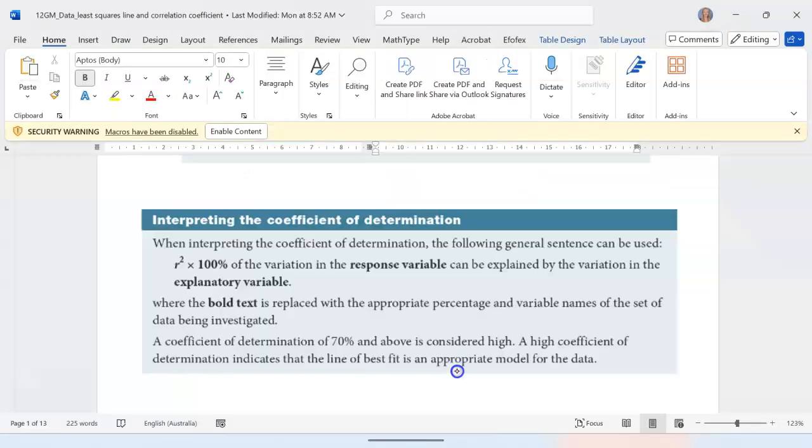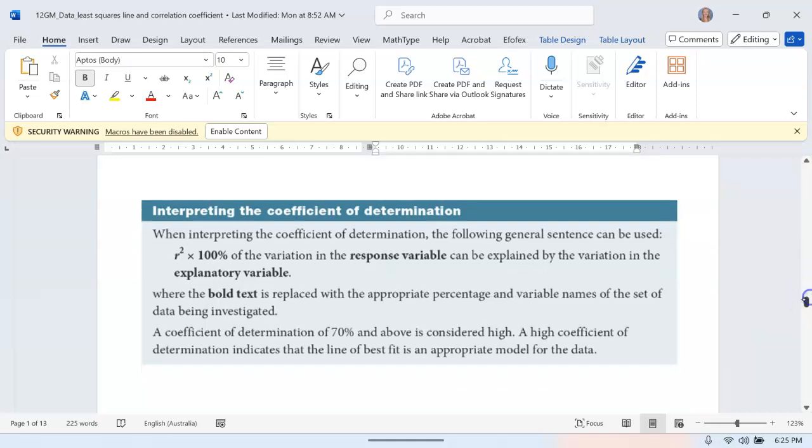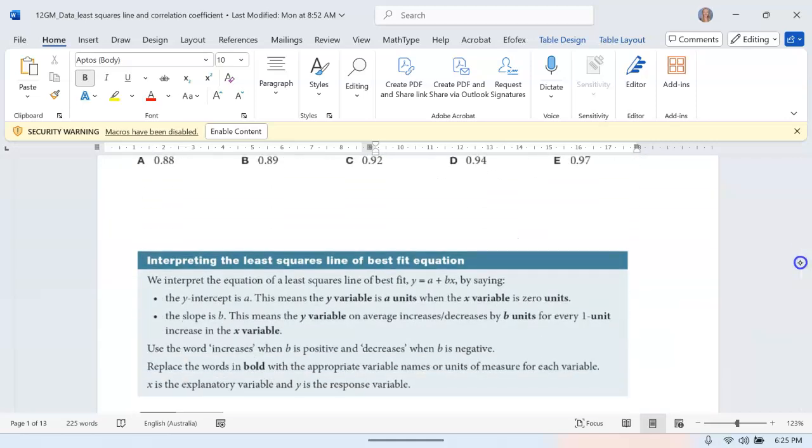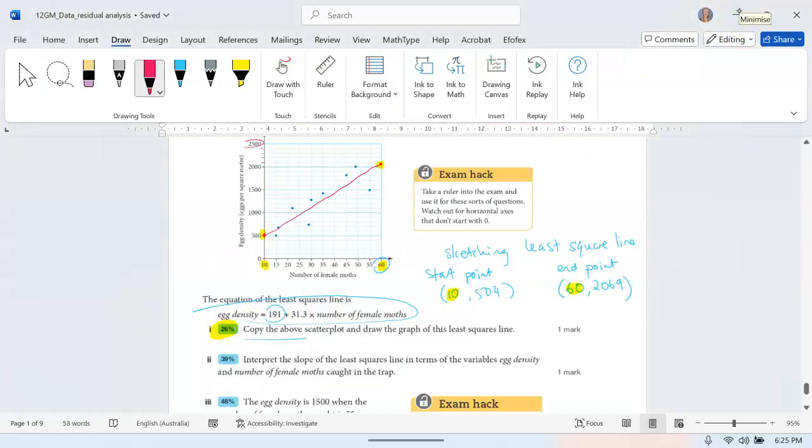Okay, so let's go back up to the slope, just because I'm a bit tired and I want to make sure I'm consistent. All right, so the slope. This means the y variable on average increases, decreases, and so on. All right, so the slope is, let's start here. The slope is